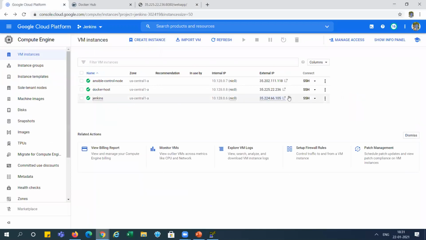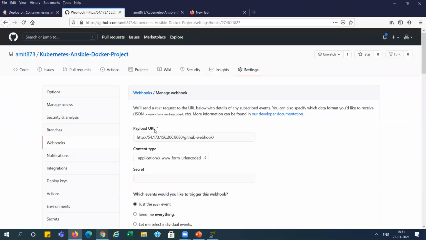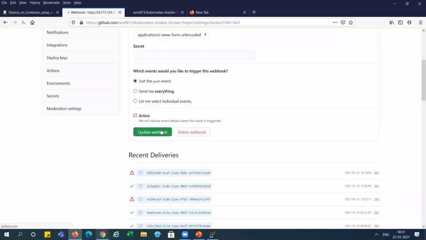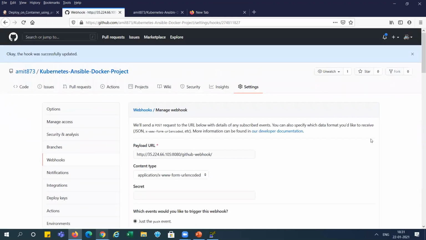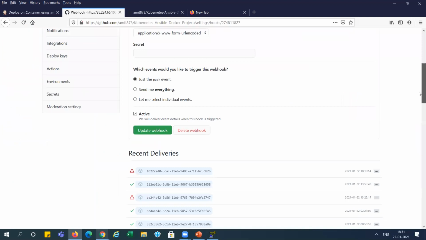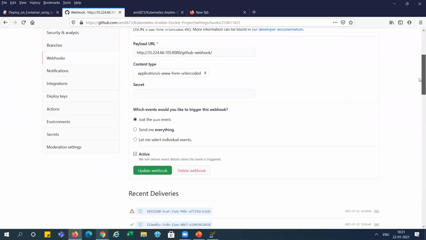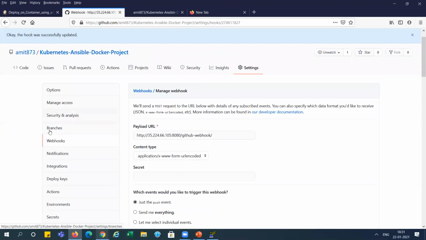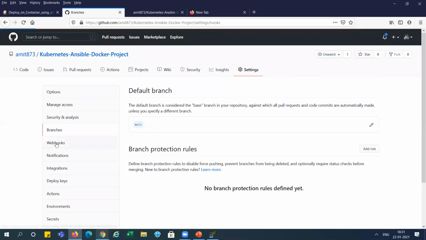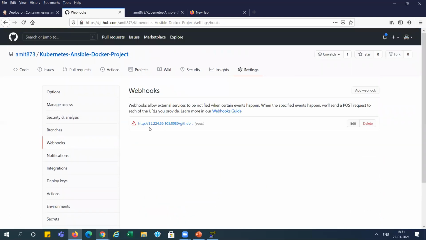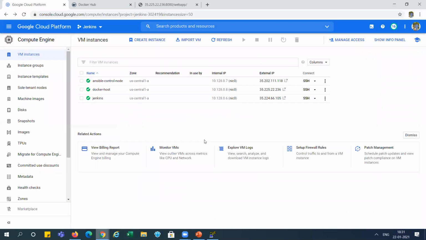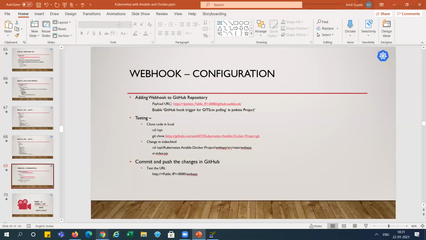This one, and we can copy it here, right? Update webhook. Okay. Now we need to check. We updated, right? Now you can see we have done these steps.